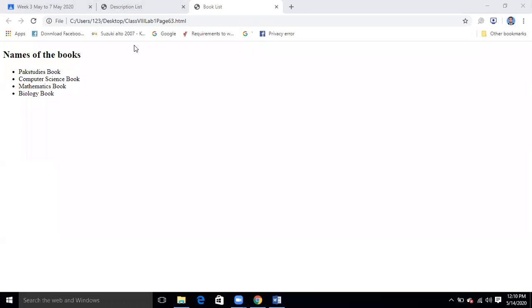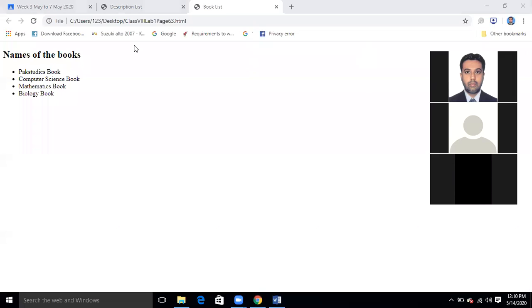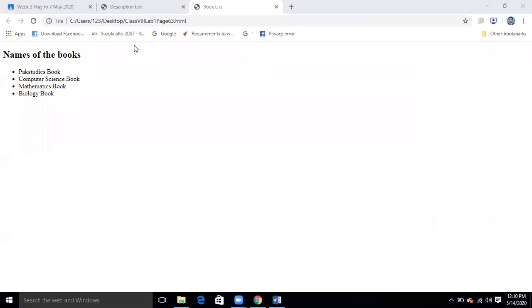Now come to the lab activity number 2. Siham's mother is planning to start hobby classes during the summer vacation. She has asked Siham to create a web page giving a list of courses that will be offered in these classes.